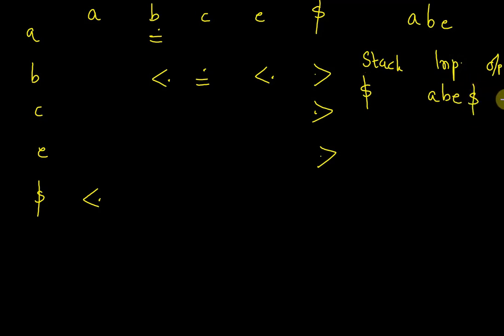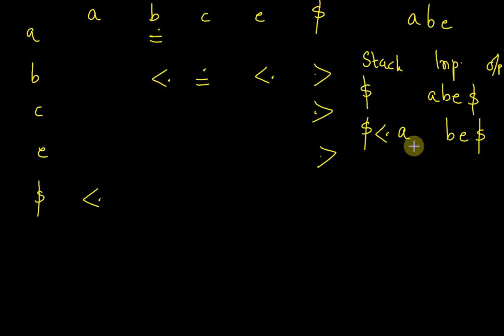Okay, and output is whether you perform a push operation or pop operation and so on. So the first step is we check for the entry of dollar on A. Dollar on A is less than. If the precedence of the symbol on the top of stack is lesser than the input symbol, we put this precedence relation and we push one symbol from input onto the stack. So the configuration will be dollar less than, and this one symbol is pushed here, A. Input will be BE dollar.